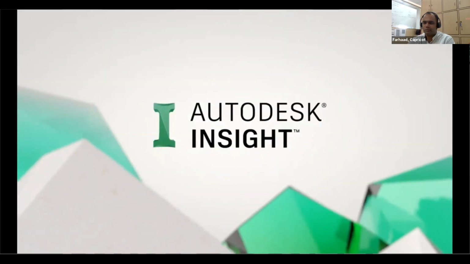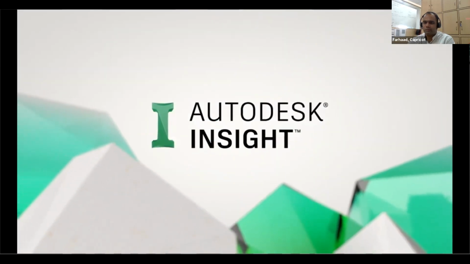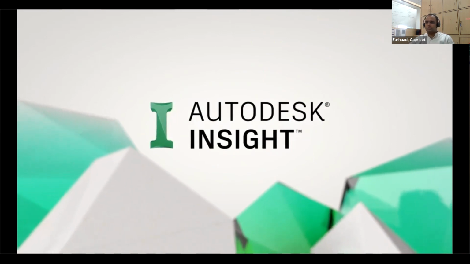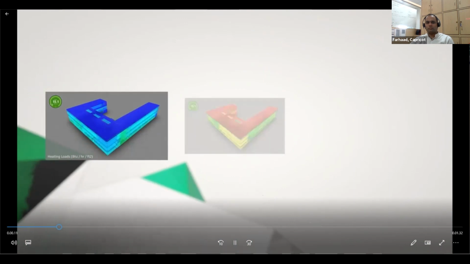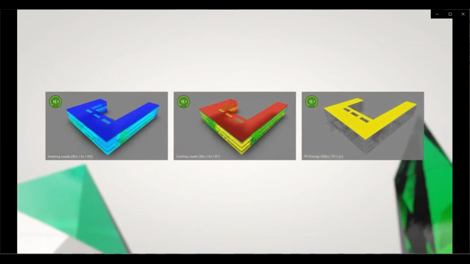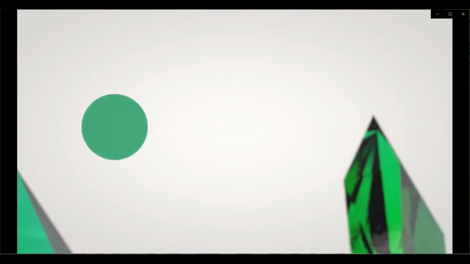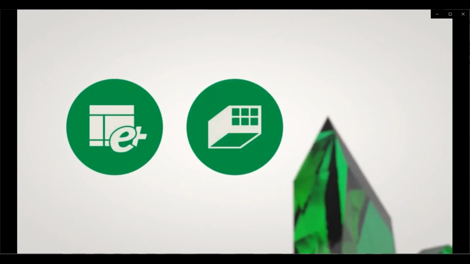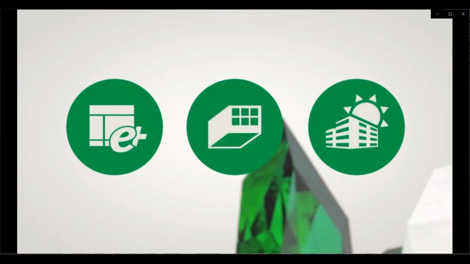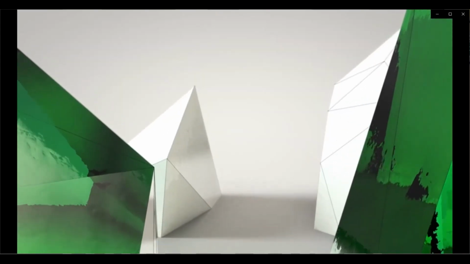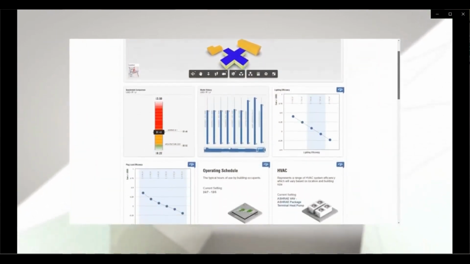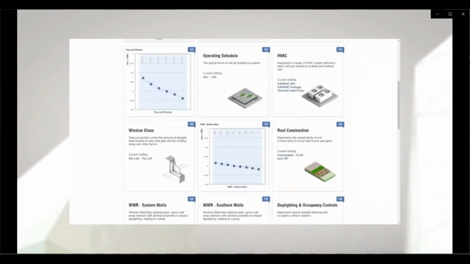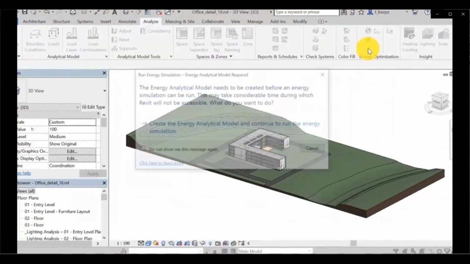Maximize your BIM workflows with Autodesk Insight, a powerful cloud-based analysis tool in the AEC collection. Autodesk Insight helps you improve energy and environmental performance throughout the building lifecycle by letting you integrate energy analysis, lighting analysis, and solar analysis for a holistic approach to building performance design. Make smarter design decisions using Insight's cloud-based analysis tools to iterate and optimize project parameters during the design phase. For example,